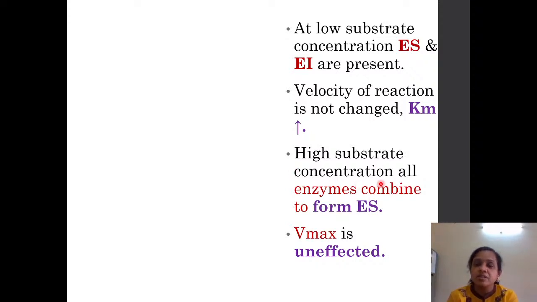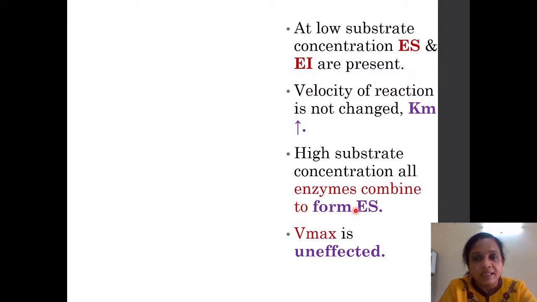At high substrate concentrations, all the enzyme combines to form enzyme substrate complex. So, what will happen? This is a reversible inhibition, so the enzyme is not getting damaged. Here, substrate and the inhibitor both are structural analogues. That is the reason why inhibitor is sitting into the active site. When the substrate concentration is very high, the enzyme will react only with the substrate. It will avoid reacting with the inhibitor because inhibitor concentration is very less. When you increase the concentration of the substrate, the velocity of the reaction will increase and it will go to